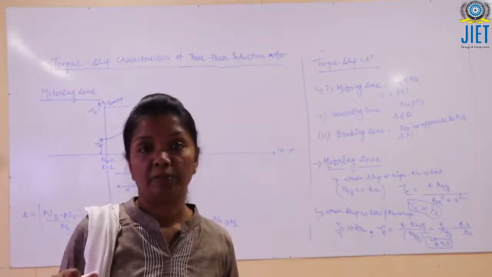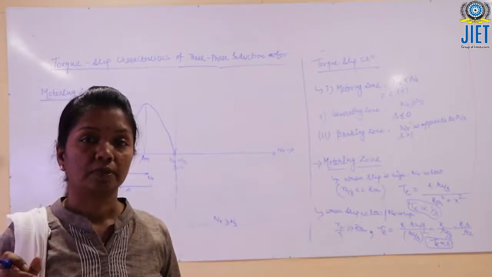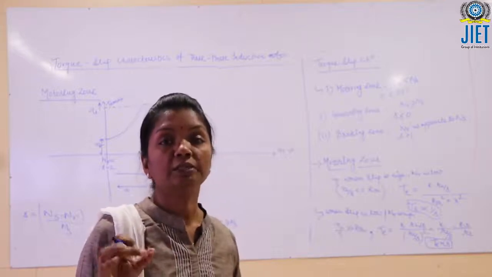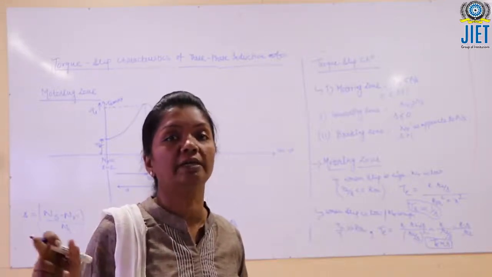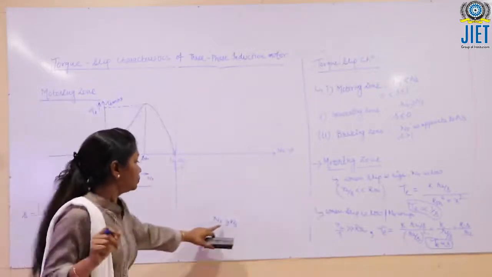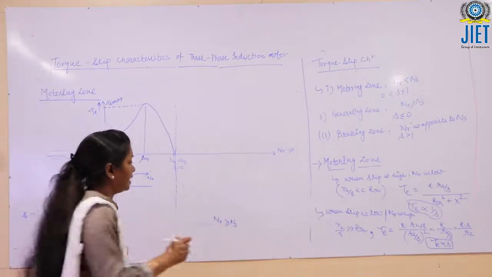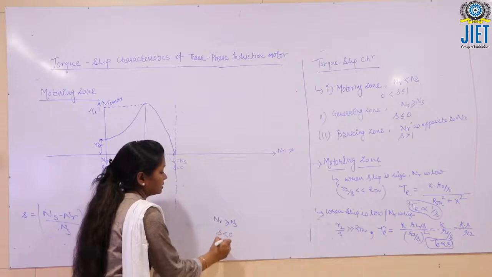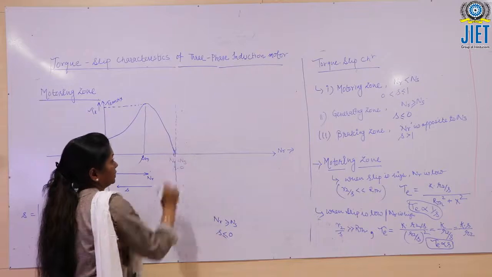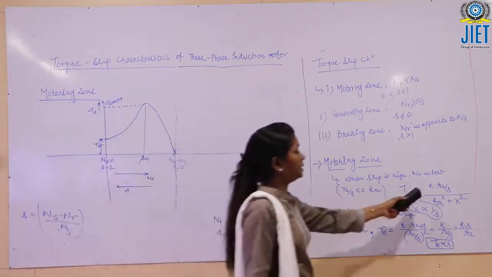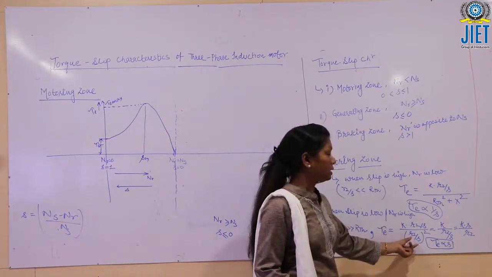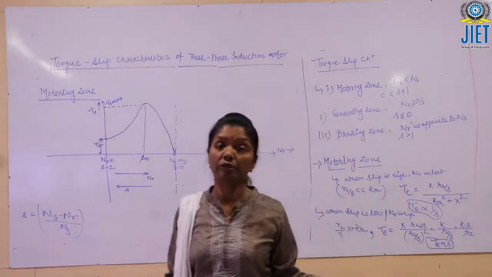So how can it happen? By the external prime mover. If the rotor of this motor is connected to a prime mover, and this prime mover is forcing the motor to run at the speed which is more than synchronous speed, at that time the speed of rotor becomes more than synchronous speed, and therefore the slip becomes less than 0. Slip is less than 0 or slip is negative. So in this expression, when the slip is negative, the torque also becomes negative, because in the denominator it is squared and the effect of slip is not there.